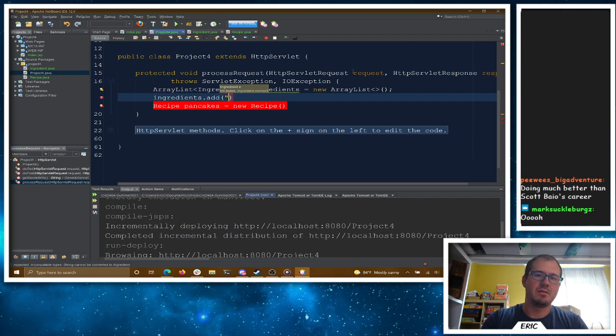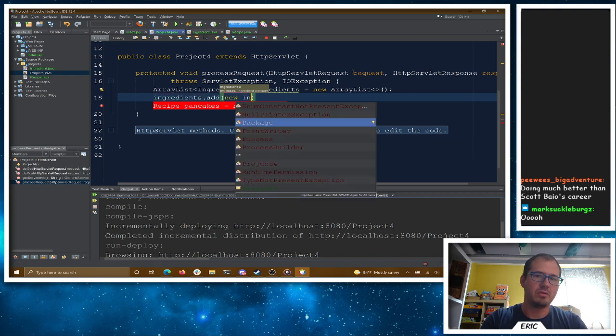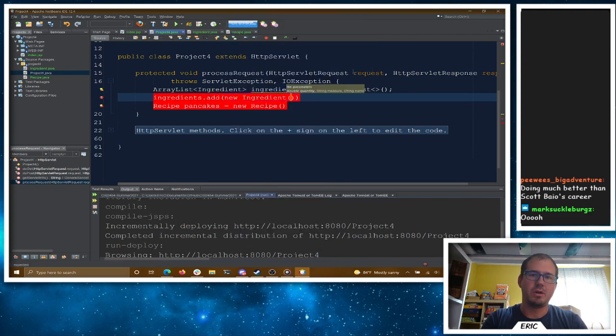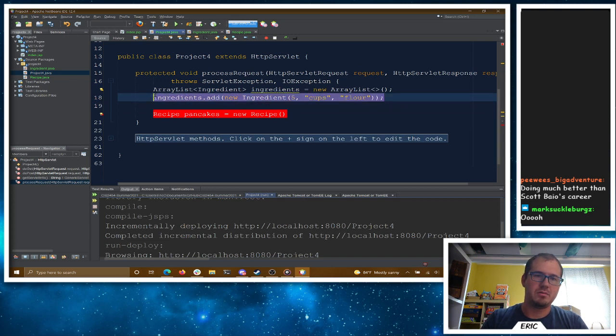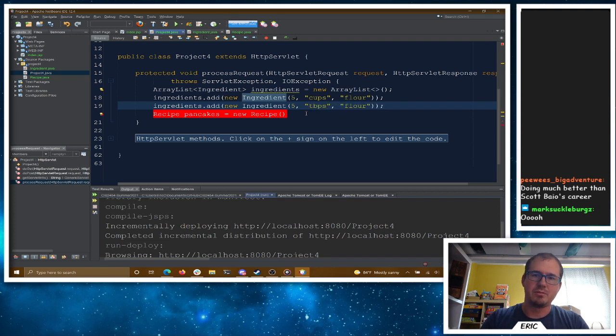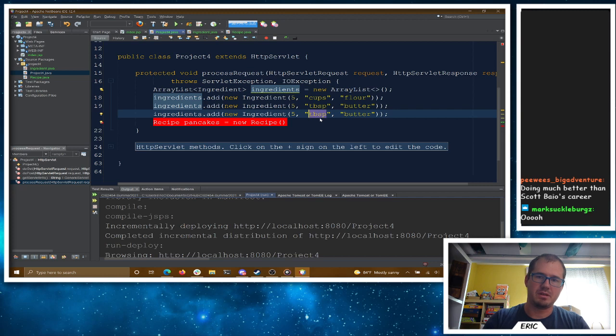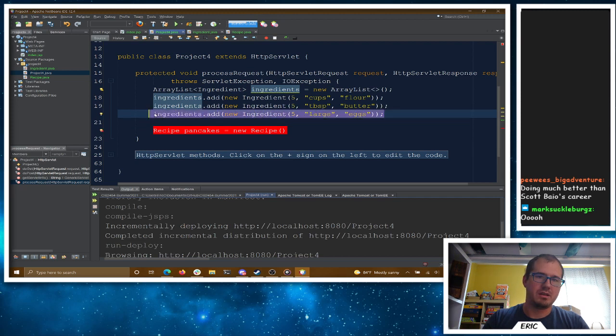So the first thing a pancake mix needs, a new ingredient, it needs the quantity. So when I make my pancakes, I use 5 cups of flour. Okay, and then we add 5 tablespoons, spelled right? Tablespoons of butter. We add 5, I don't know, large eggs. We add,